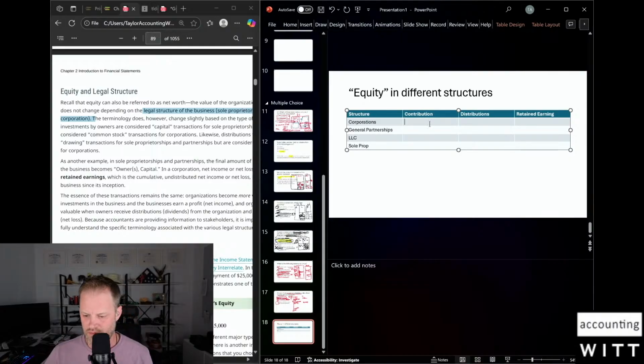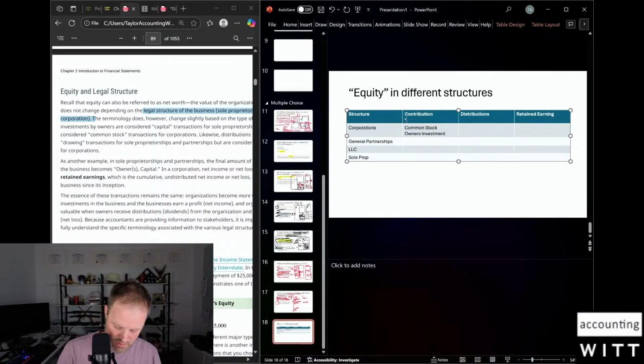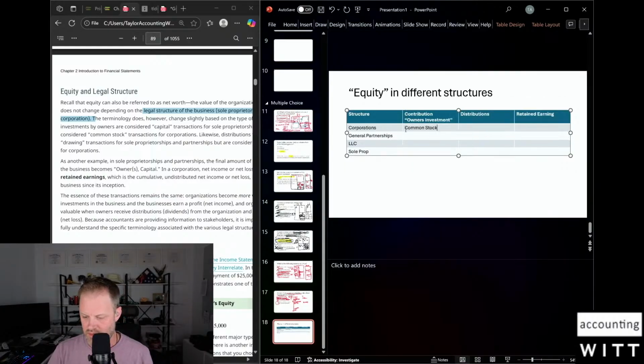so there's all these different formations where corporations' contribution called common stock, or owners' investment. You've heard them called distributions are called dividends,